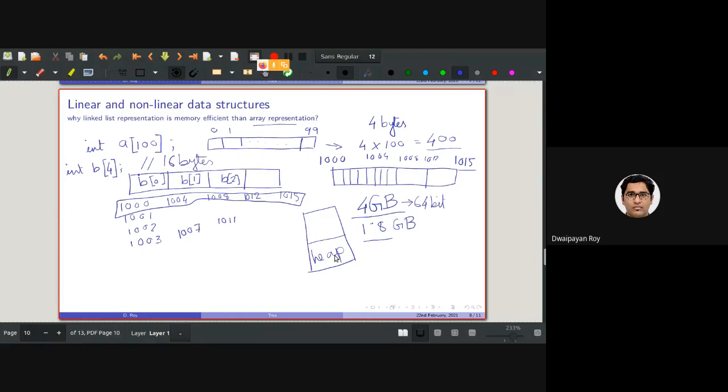If you try to malloc, I hope you have written some code using malloc. If you try to malloc a large space, say n times size of int, and if you provide a large value n, where n is, say, 1 million, I hope you will be able to allocate this memory space.